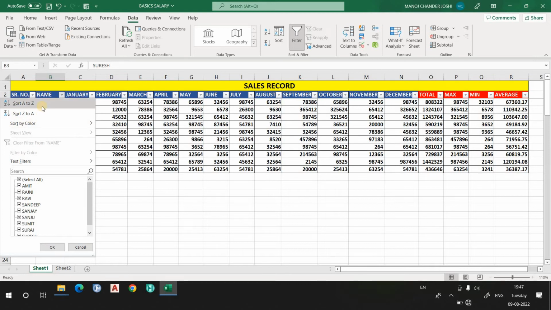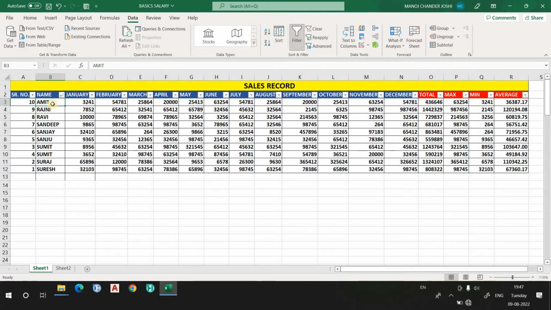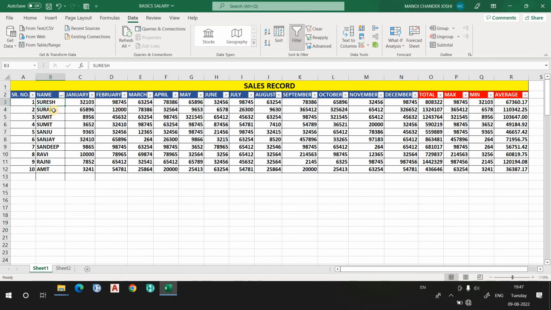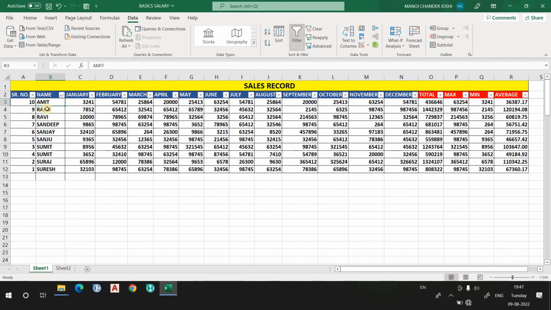When we use sort, we use it for ascending and descending order, to arrange our data in ascending or descending order. If I click sort A to Z, you can see your data has been arranged in A to Z form. Got it? You can do the same from Z to A; right now I am doing A to Z. As this column changed, all the other data also changed. Now the serial number also changed, but I want the serial number to stay in order, right?